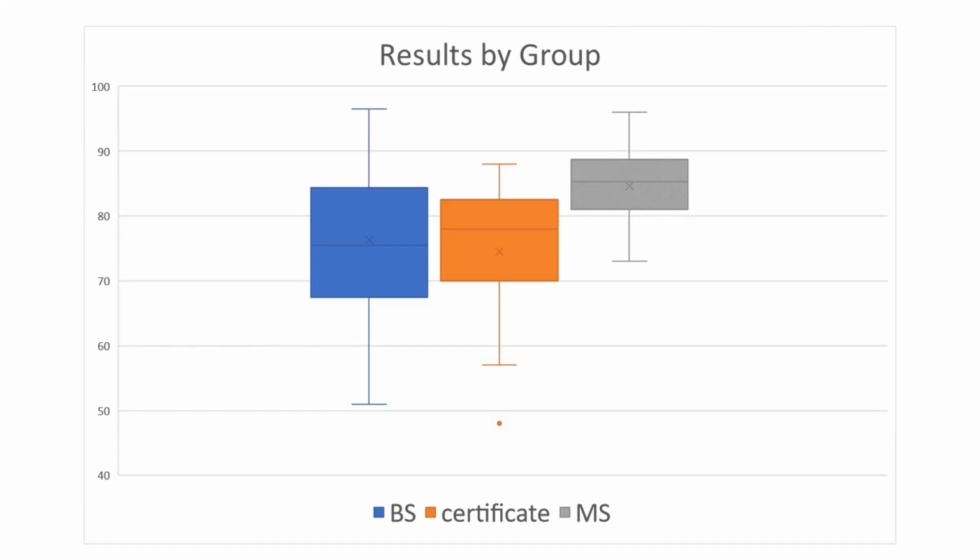On the other hand, the master's students are doing a little bit better than the undergrads, and a little bit better than certificate students. And I should hope they are. If you're working on a master's degree in computer science, I hope you know a little bit more than the bachelor's students. Although not necessarily, I happen to know a lot of undergraduates who are much better programmers than the graduate students. But the good undergrads will hopefully become the graduate students.